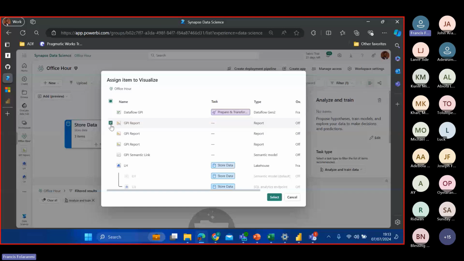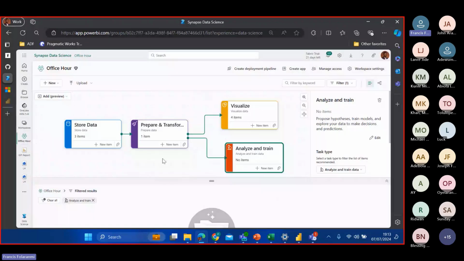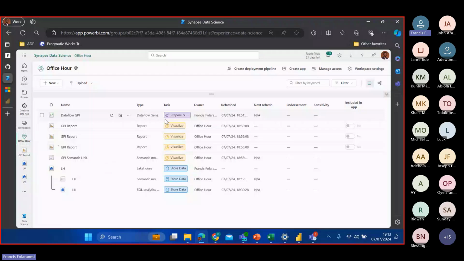So every item within our workspace is associated to a flow. Somebody that is not here when we are creating this can see the dependency of how all these items are related within our workspace. If I collapse this now, you can see that we have items speaking to data storage, items speaking to visualization, and items also speaking to data preparation. Then I can expand again.